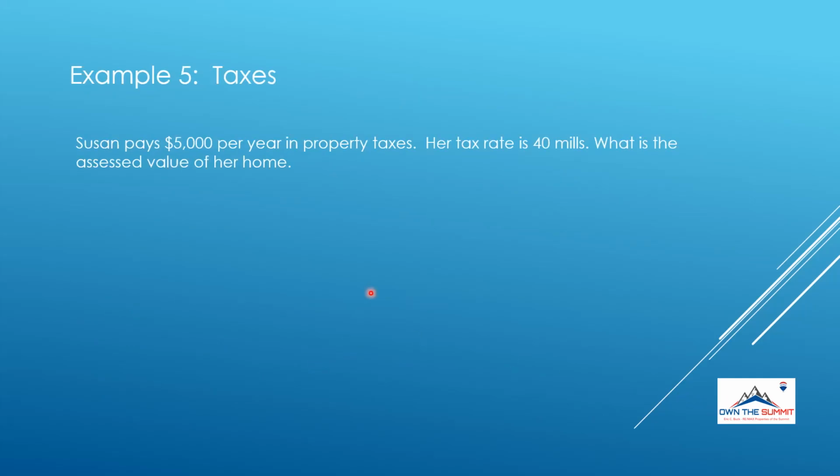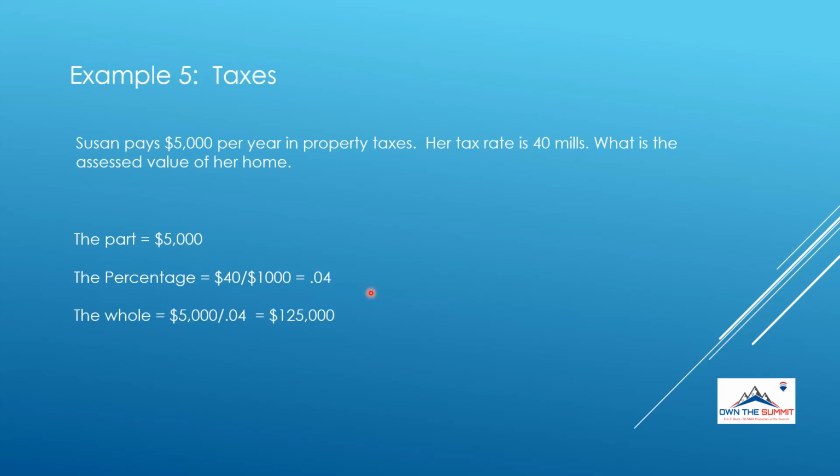So example 5, let's look at a tax question. Susan pays $5,000 per year in property taxes. Her tax rate is 40 mils. What is the assessed value of her home? Well, the part we know is $5,000. That's what she pays per year in property taxes. The percent, well, that's the mill rate, the tax rate. So it's $40 per $1,000. So 40 divided by 1,000 is 0.04. That's our percentage. The whole is 5,000 divided by 0.04, or